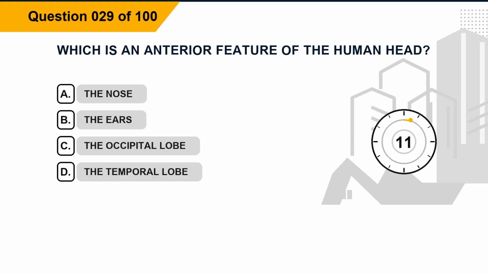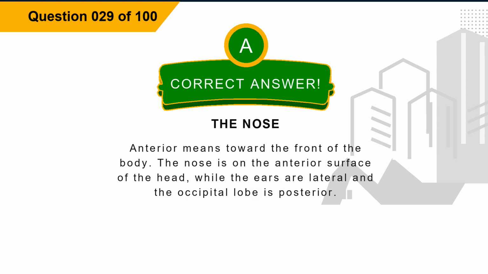Question 29. Which is an anterior feature of the human head? Option A, the nose. Option B, the ears. Option C, the occipital lobe. Option D, the temporal lobe. The correct answer is option A, the nose. Explanation. Anterior means toward the front of the body. The nose is on the anterior surface of the head, while the ears are lateral and the occipital lobe is